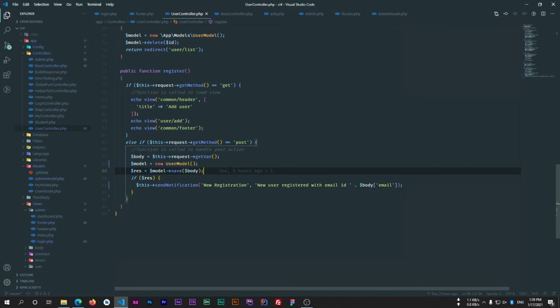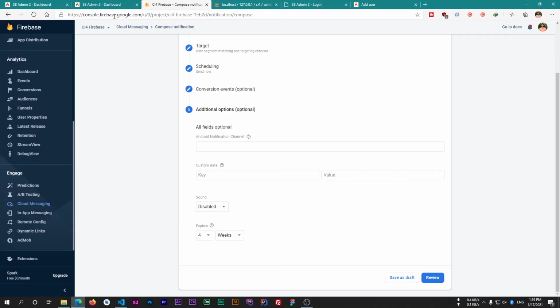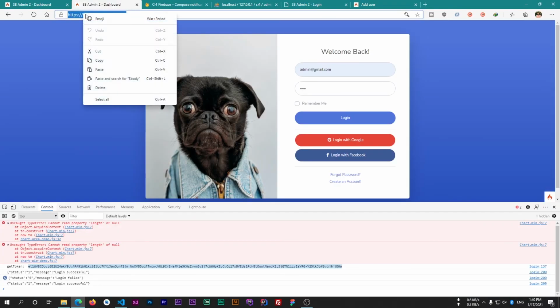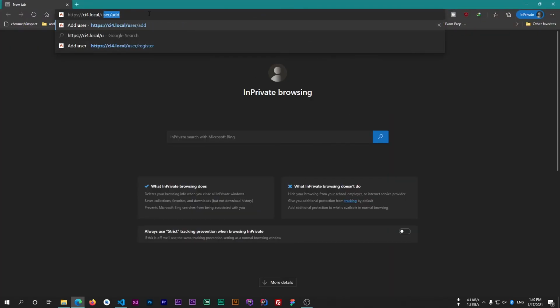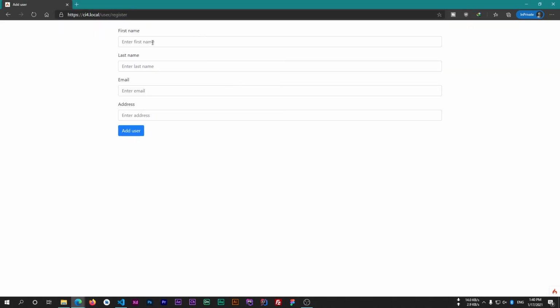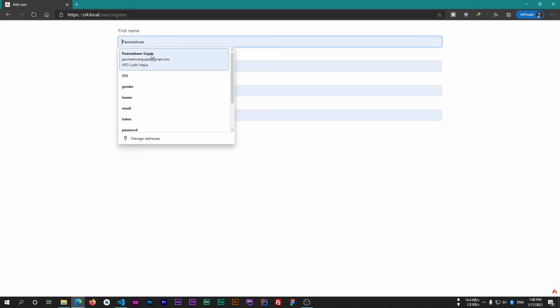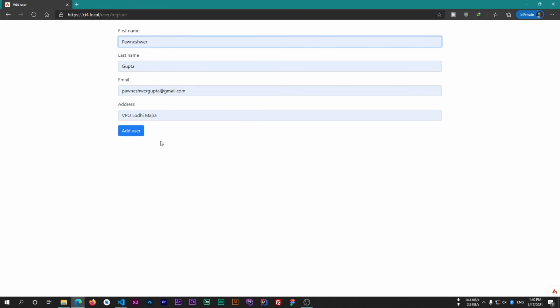And that's it. Now save this file, and now I'll open this new page in private window, which is user/register, and now I'll register a new user. So I'll use this data, and whenever I hit add user, you can see we now have a new notification, which is new registration, and the body is new user registered with email ID, my email ID.